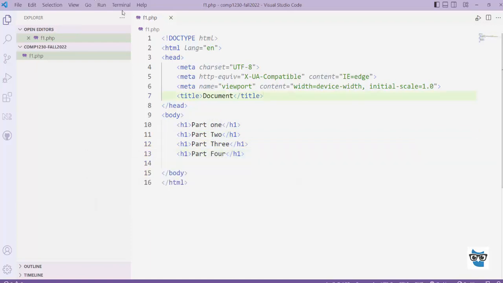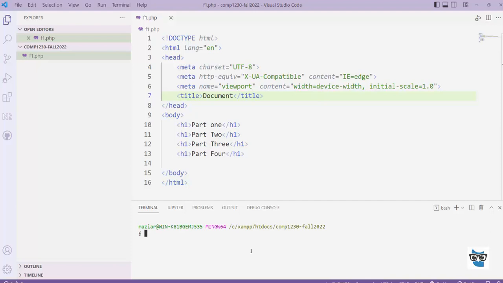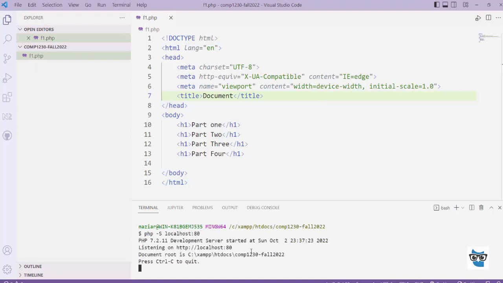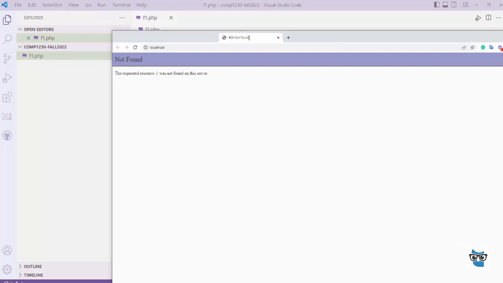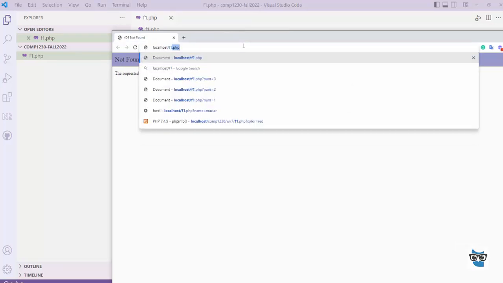So let me go ahead and open the terminal. I want to use the internal PHP server. So I'll go ahead and type php -S localhost, and I'll put port number 80, so I don't need to change the port anymore. So I'm going to click on the URL to open the page. Here it is, right? The only thing is, because I called my page f1, I need to type